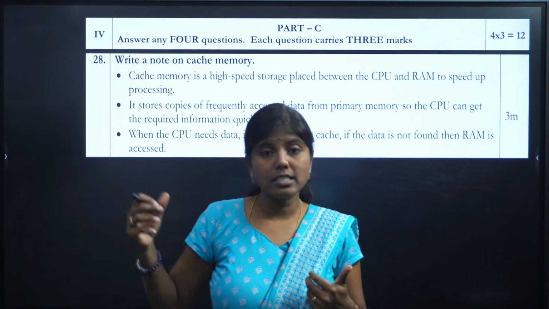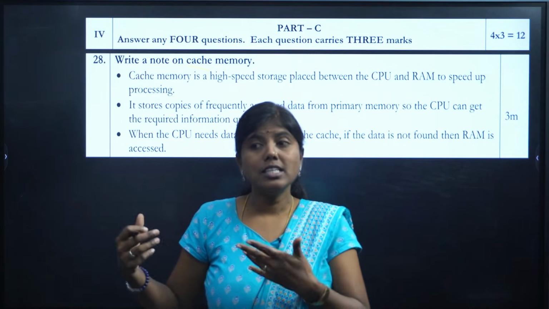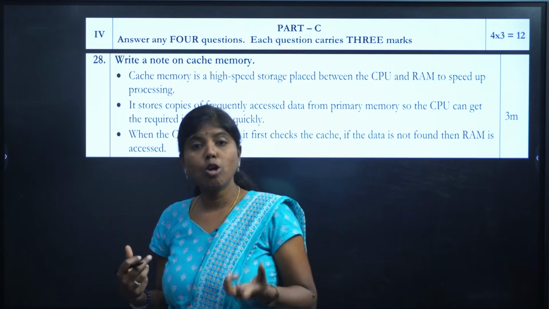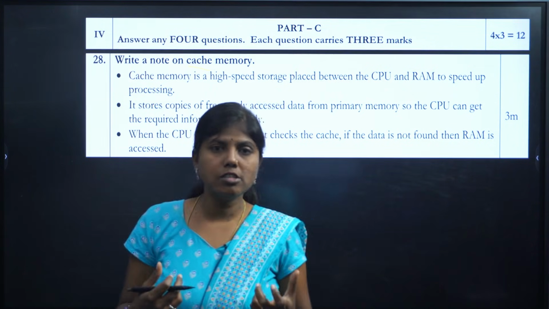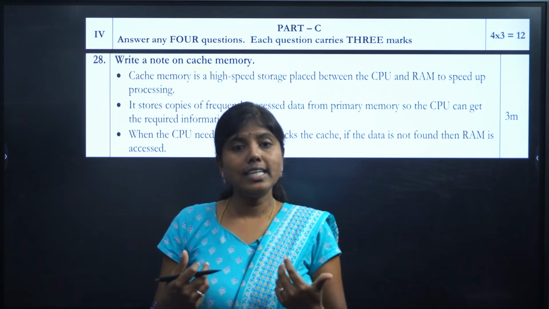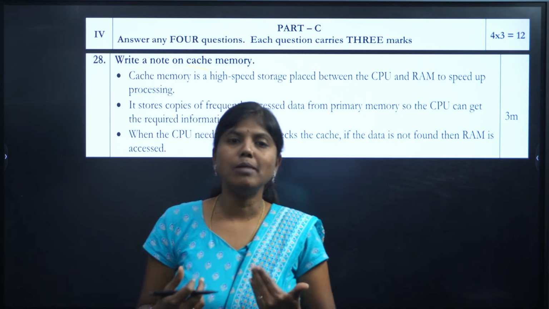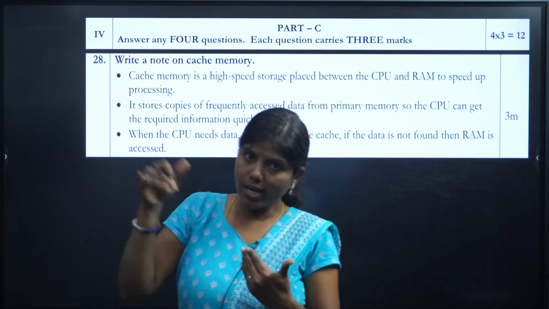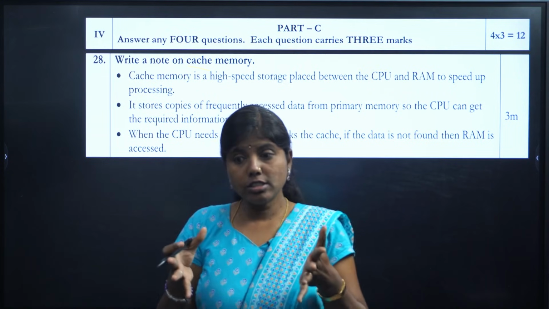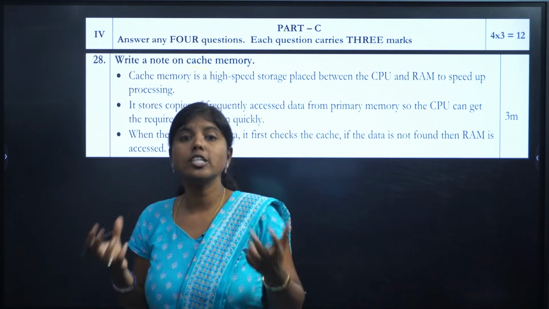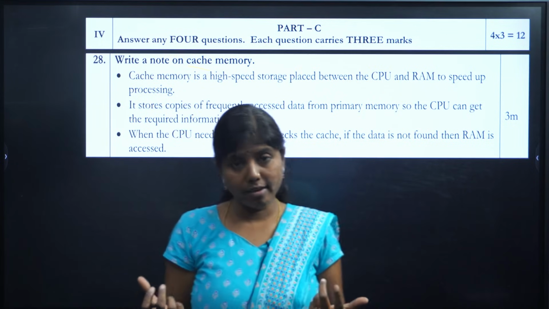The CPU cannot access secondary memory directly, because these secondary memory devices are a bit slow. It should be synchronous with the speed of the CPU. That's why all the data has to be fetched from the RAM. So from secondary memory also, data has to be placed in RAM first, then you will be able to fetch it. Of course, the capacity of the cache is going to be quite less when compared to that of RAM.